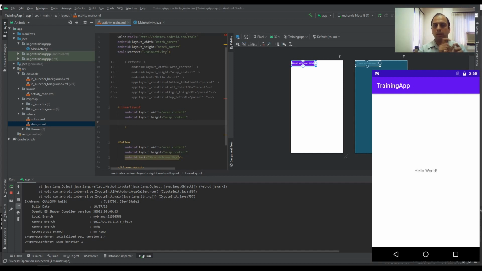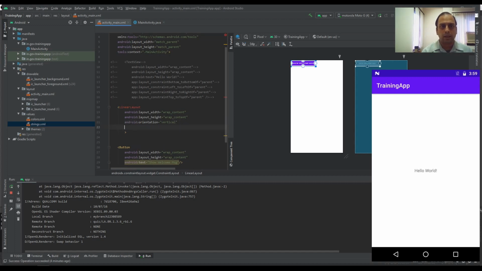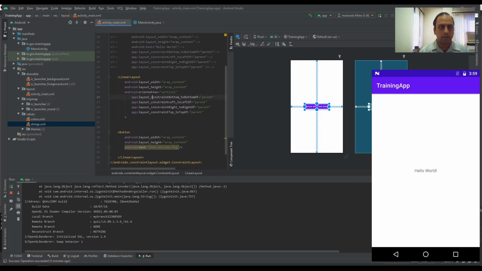If it is horizontal, the items will be aligned horizontally. Here the orientation is vertical, so I want to align them vertically. Constraints I have not given, so I can just copy these constraints from here to here. Okay, and I don't need this thing, and I can uncomment this thing. So now I think its errors are gone.